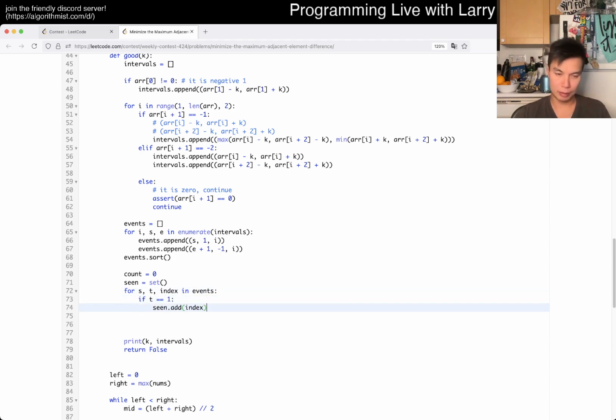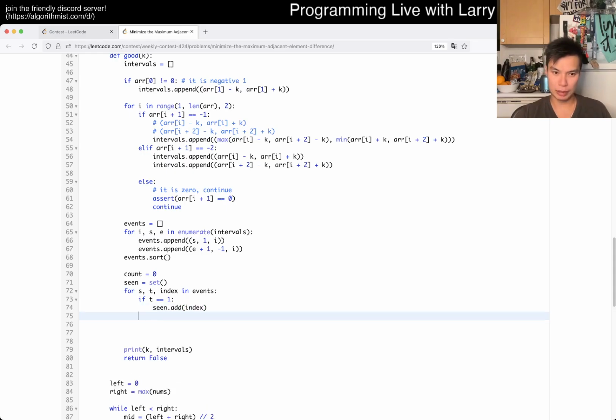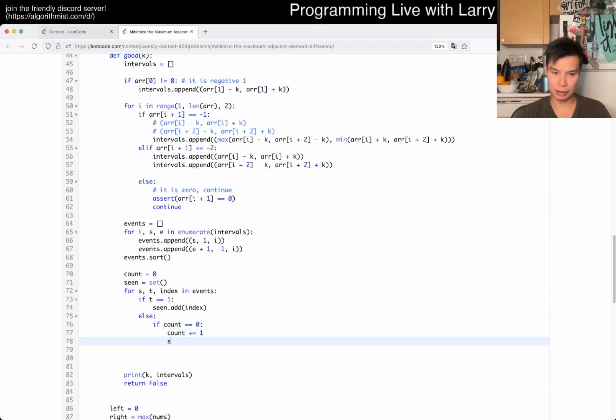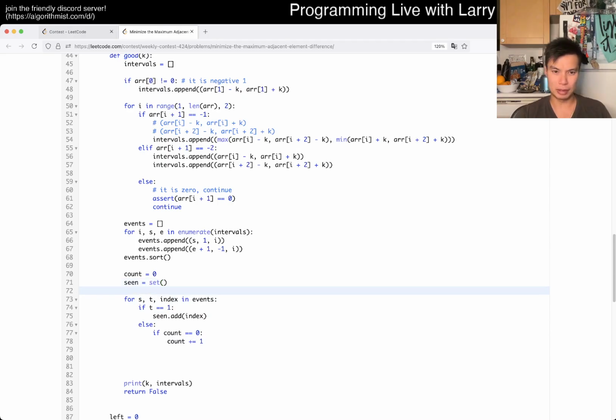Something like this, right? And else if it's -1, then now count is 0, we increment, and then seen is equal to basically we want to ignore future use of this, so maybe we just do